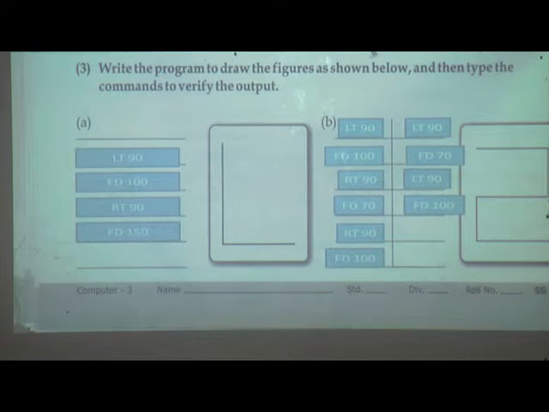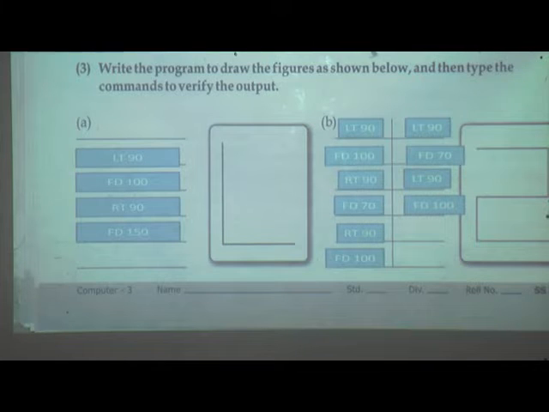And what is the program for the first one? LT 90, FD 100, RT 90, FD 150. Clear till here? Write it down fast.